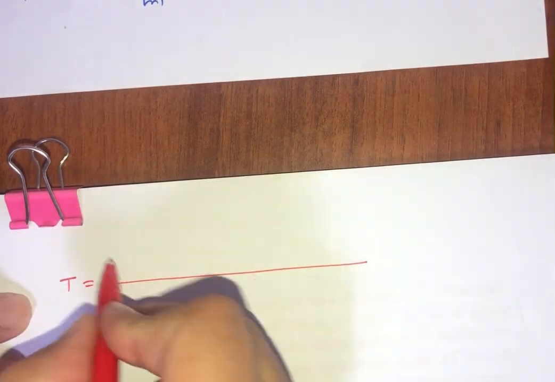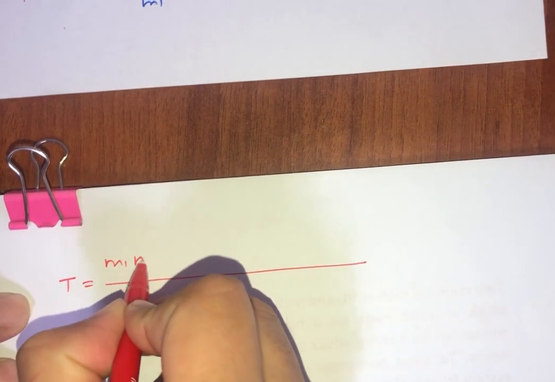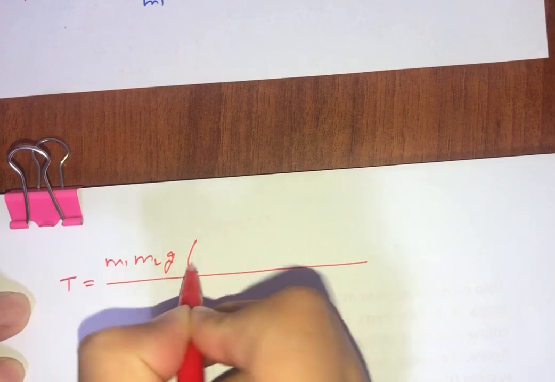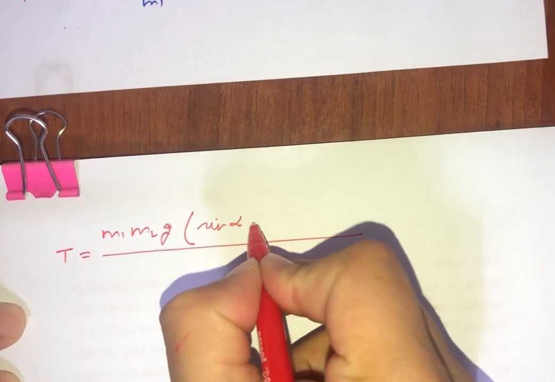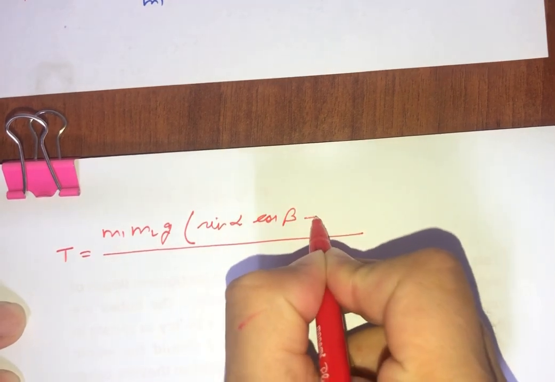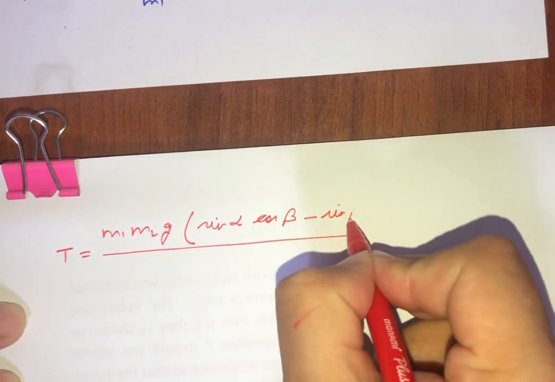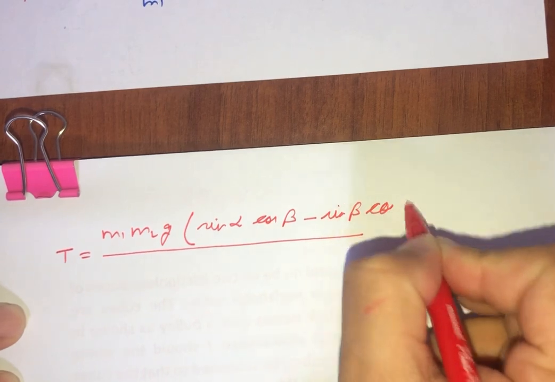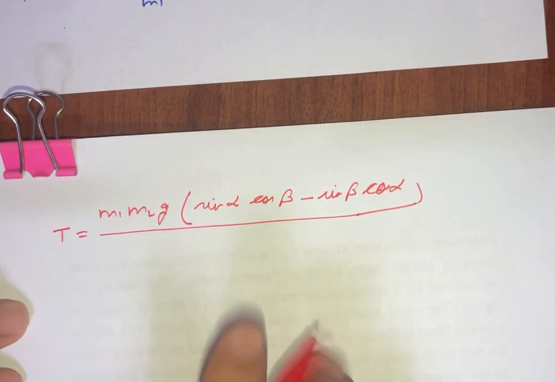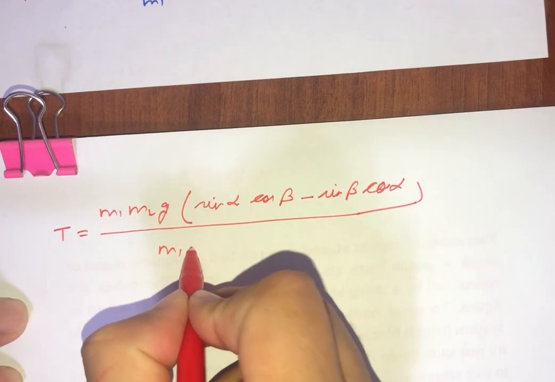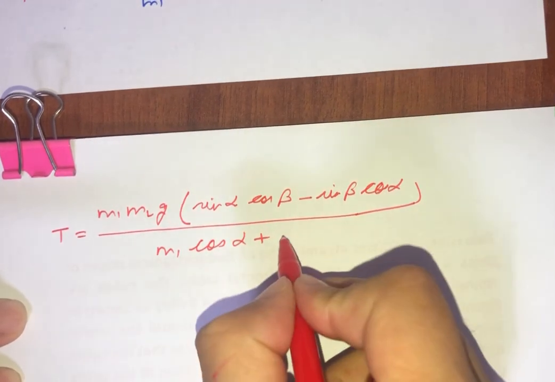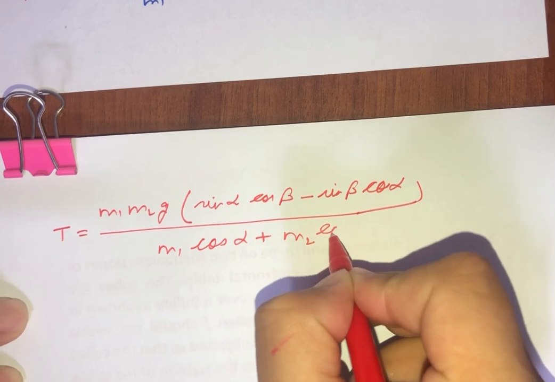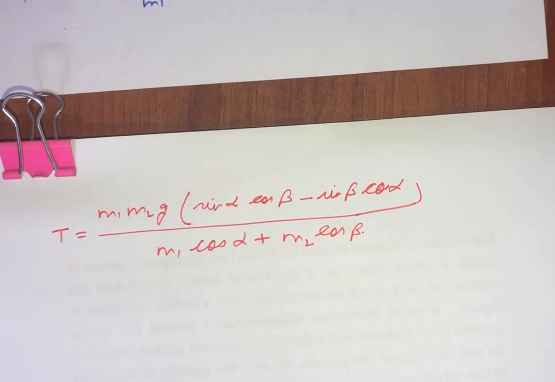So we write this as m1 m2 g times (sin alpha cos beta minus sin beta cos alpha) divided by (m1 cos alpha plus m2 cos beta),